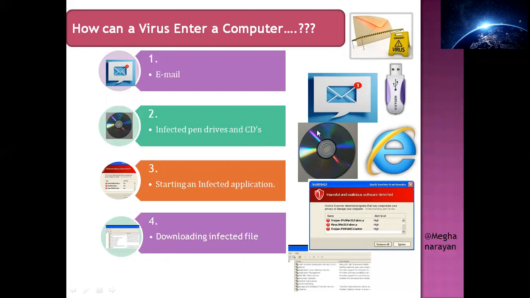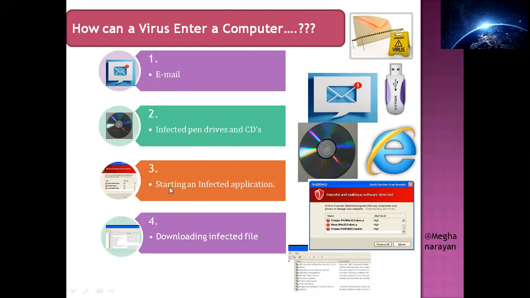Those bad files are supposed to be scanned, but if you are not scanning and are attaching it directly, and your system does not have a good antivirus, what is antivirus? We will move to that also. But therefore, using infected pen drives and CDs can also let a virus enter inside your system.